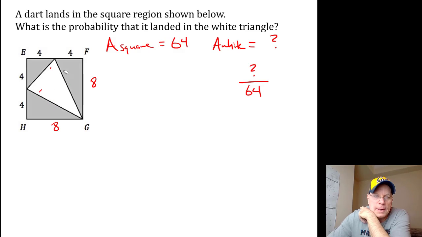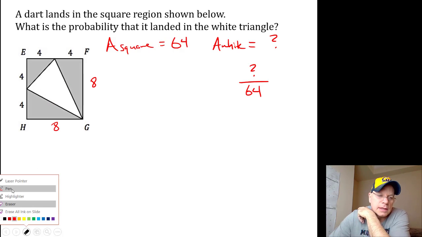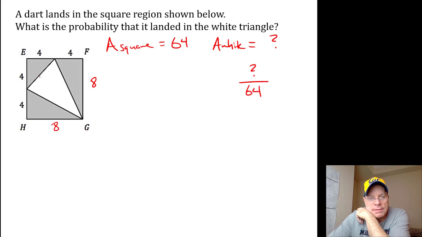And this concept comes up a lot in problem solving. It's not easy to find the area of the white triangle, but it's easy to find the area of the gray triangles. And the area of the white triangle is 64 minus the gray triangles. So if I call this triangle 1, triangle 2, and triangle 3, because these are right triangles,